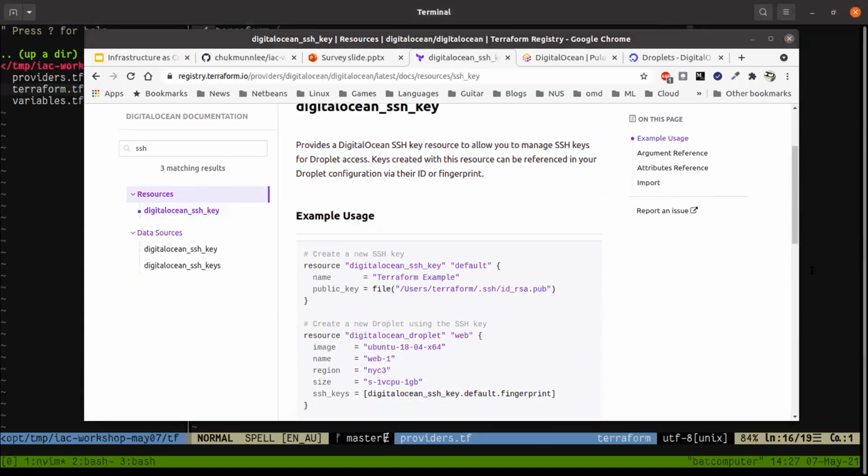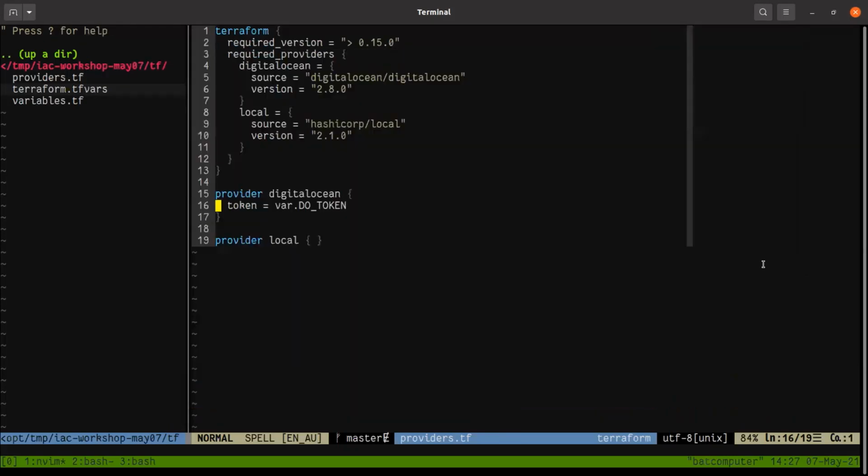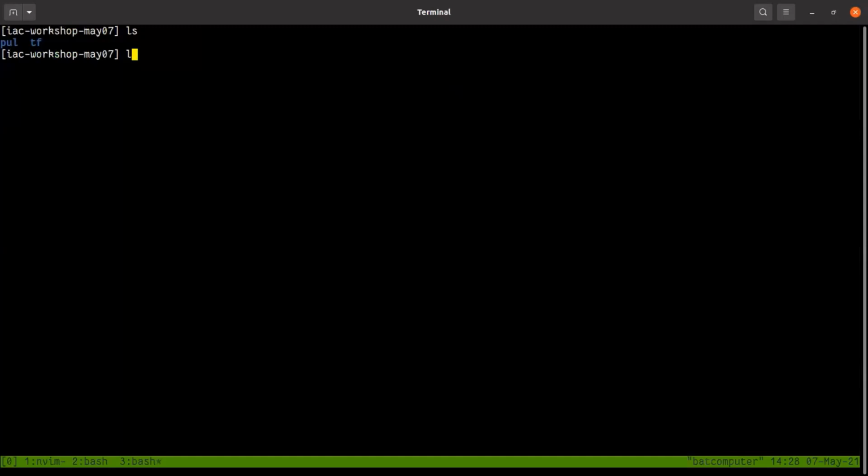What I'll do is create a local SSH key. Or if you've got something that is created in DigitalOcean, you can load that. I'll load one locally. To do that, I will use ssh-keygen to generate a key pair, and I'll say it's an RSA key. I'll write it to a file called mykey.